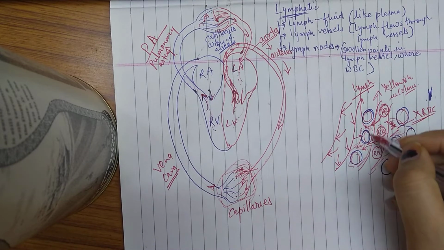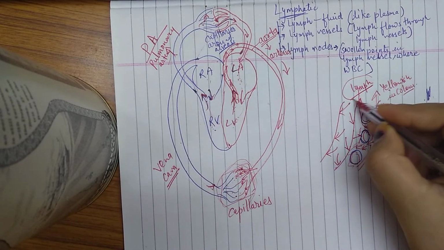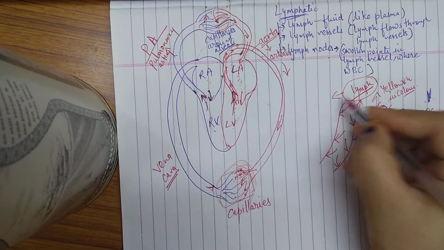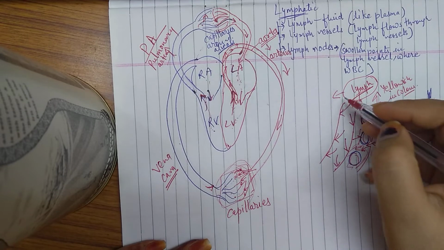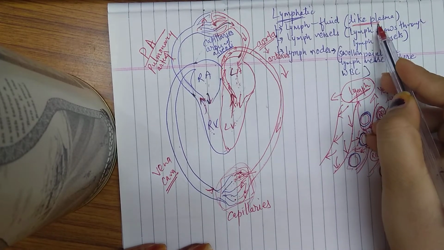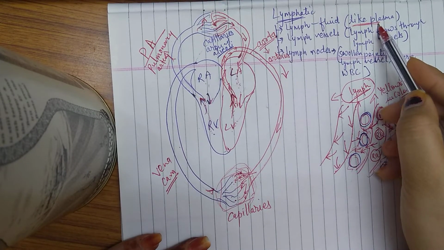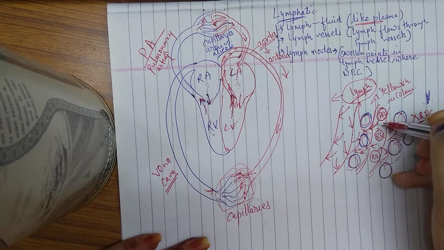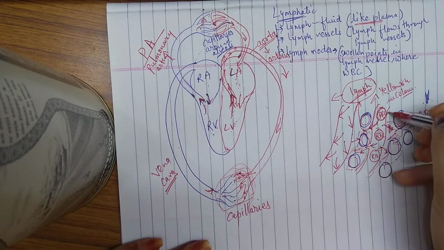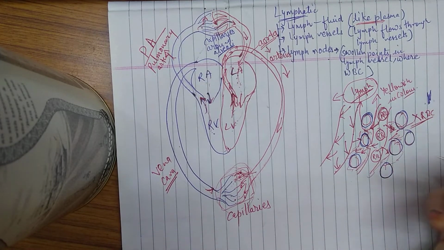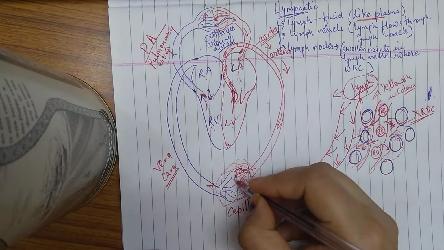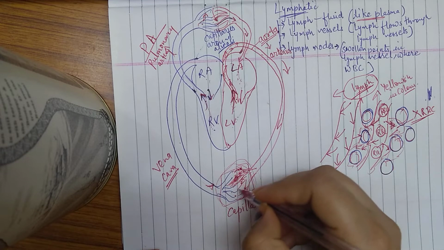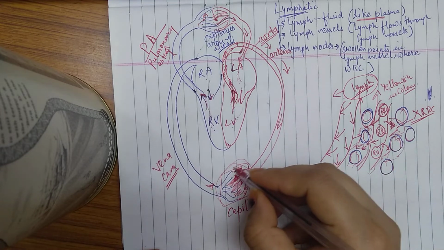Okay, in this extracellular fluid, which is known as lymph. Okay, so I think now the term lymph is clear to you. Lymph is just a fluid which has a composition like plasma, which has oozed out or come out from the blood capillaries. Now we can assume this lymph is accumulated here in this part.